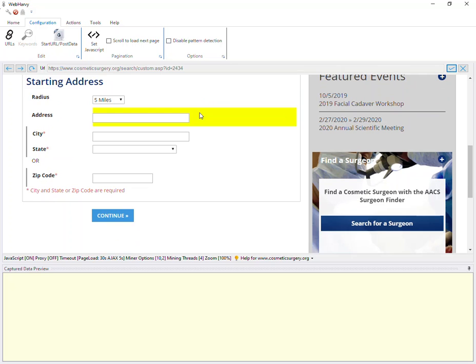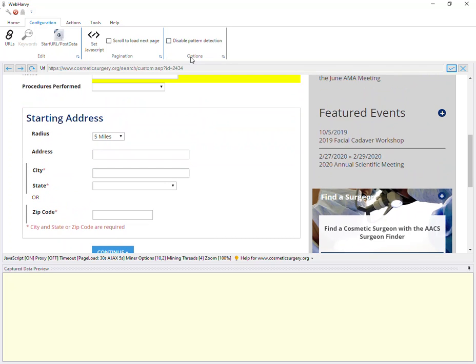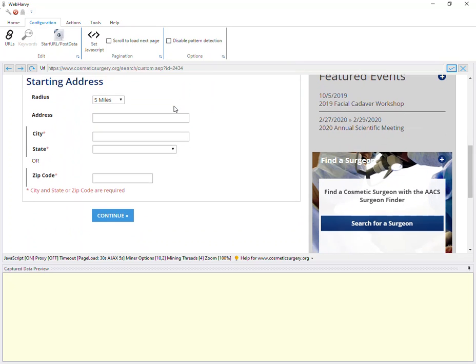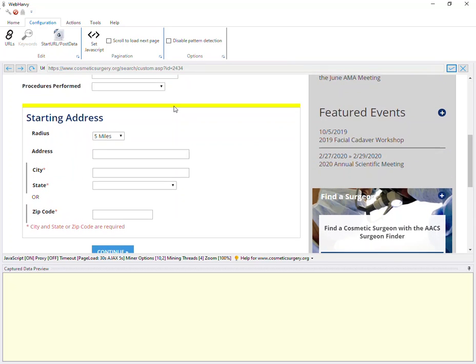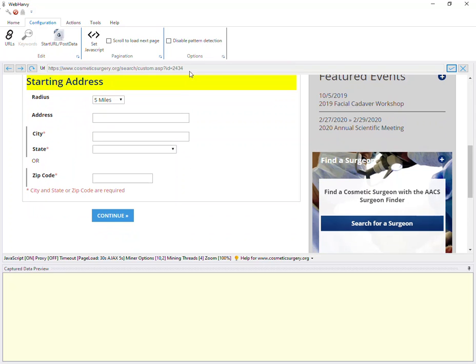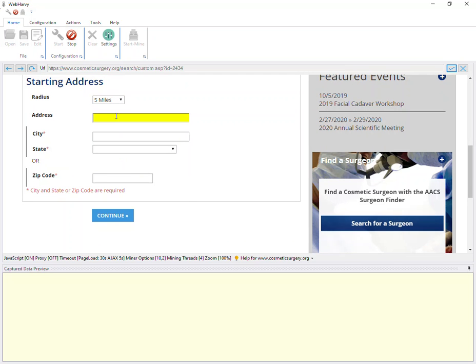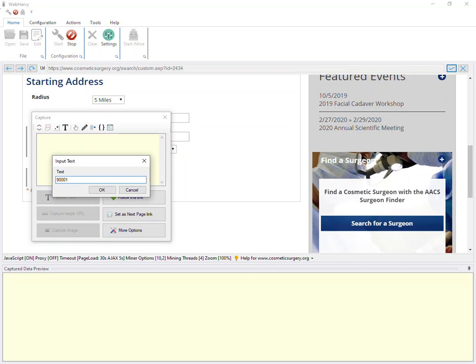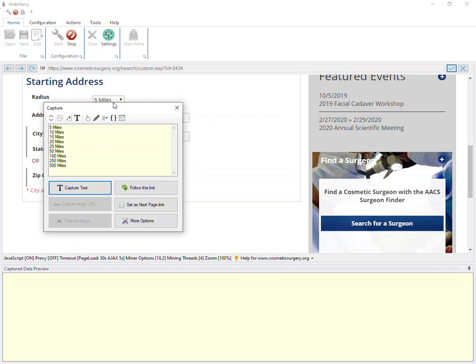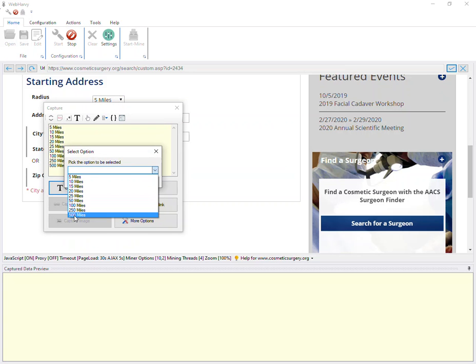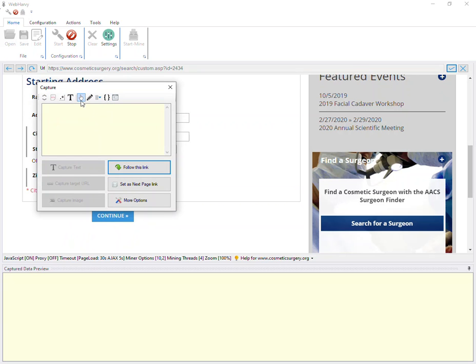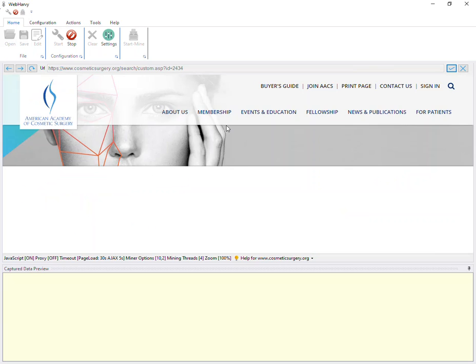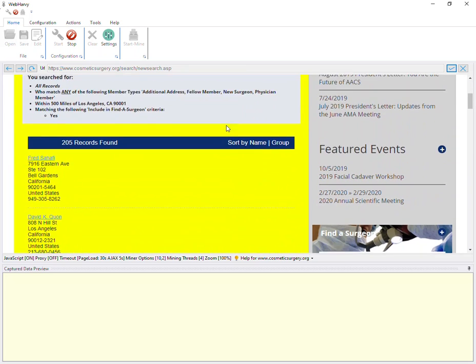But with the current version of WebHarvy, we need not adjust the pattern detection option manually before and after performing initial navigation. WebHarvy will handle this automatically. We still have this option for greater control though. So in most normal cases, you can just start the configuration and start inputting text. Like for example, I can provide the zip code here and also select this option and then perform search by clicking it. And once the resulting page is loaded,